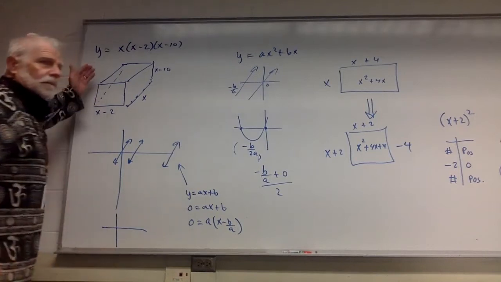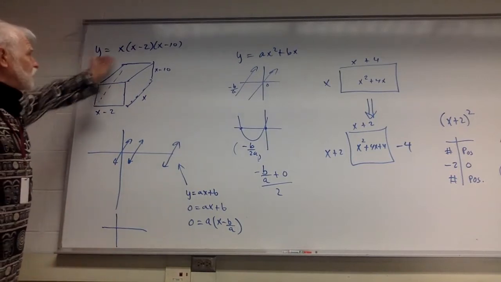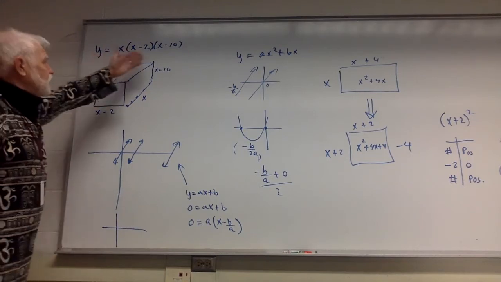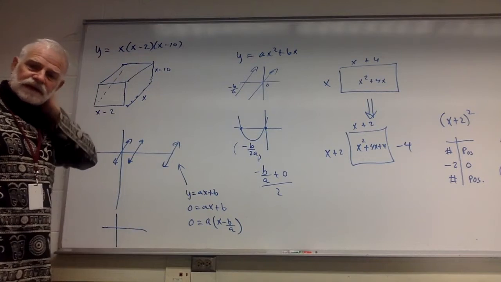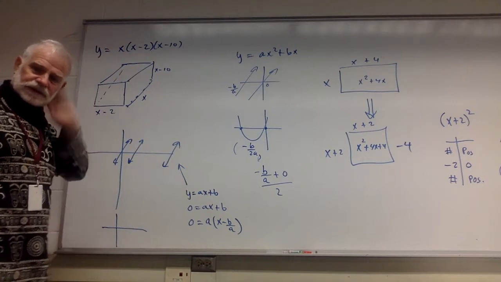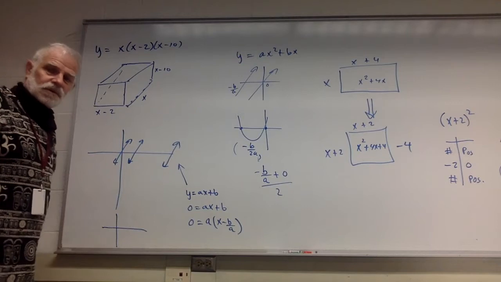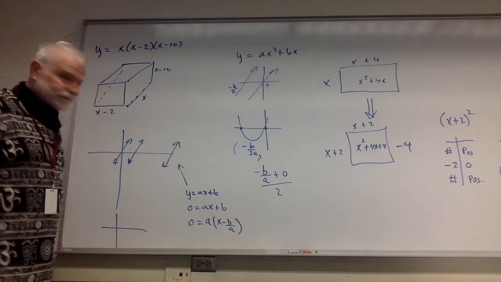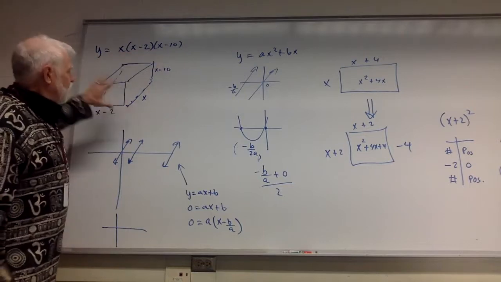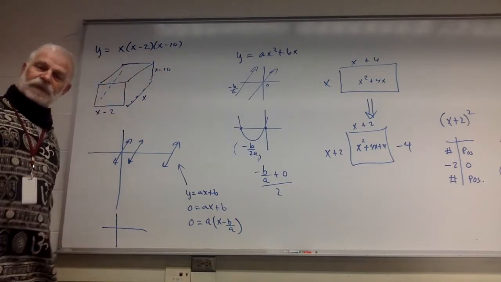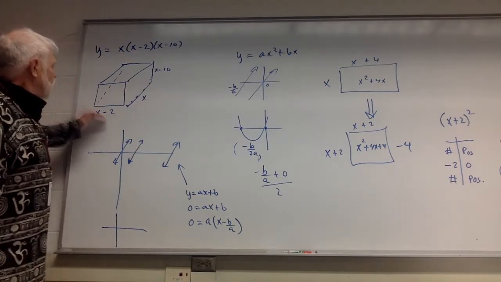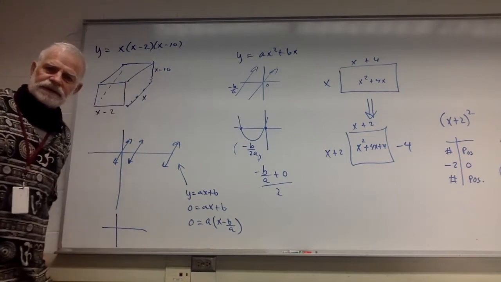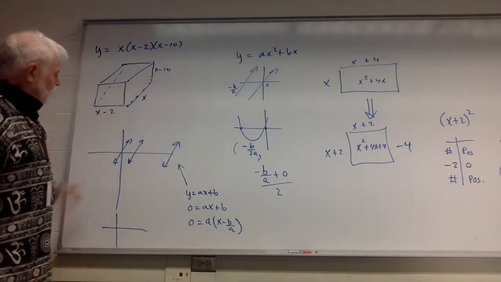So, a typical problem at the pre-calc and Algebra 2 level: putting a cubic in factored form and graphing it, writing it as a product. I wish we would say that instead of factoring. Taking sums and differences and writing them as products seems to give a better idea of what factoring means than using the word factoring. But these are factors of the volume of this geometric shape. So x minus 2, x minus 10: length, width, height, that kind of concept. And, but looking at it from a